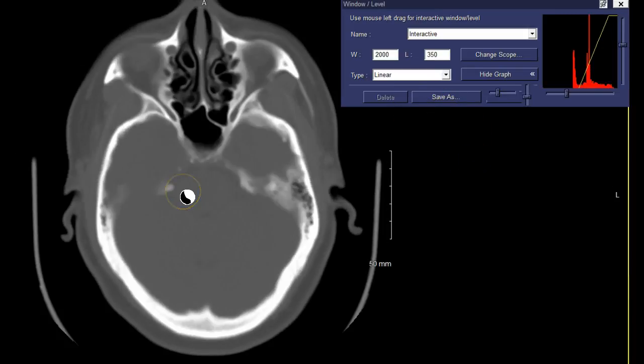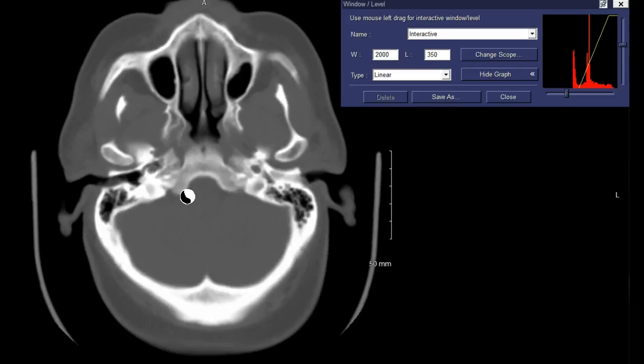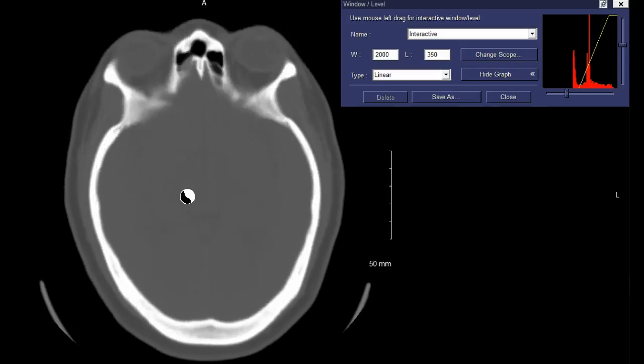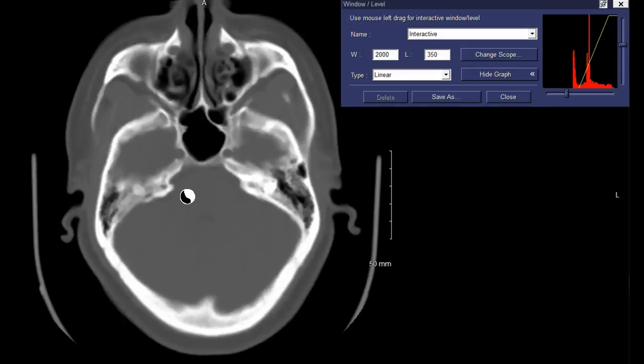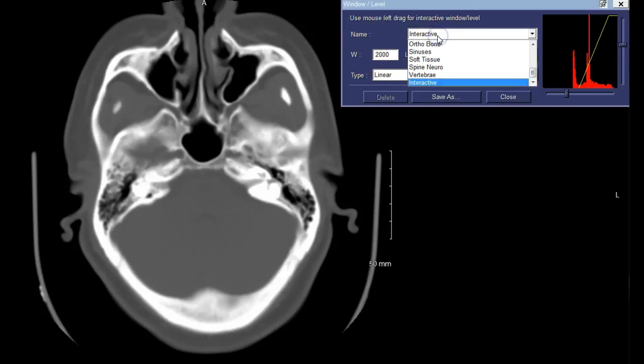And when you do that, what you can see here is, yeah, now we can really visualize, same exact scan, but we can visualize the bony based structures so much better in this particular case. So while I did it manually with the window width and window level, there are opportunities to select defaults depending on where you're at. So that's really great when you're looking at a chest, for example, because you can quickly go from the lung to the mediastinum. The defaults here, there isn't a great brain default, so that's why I kind of went with